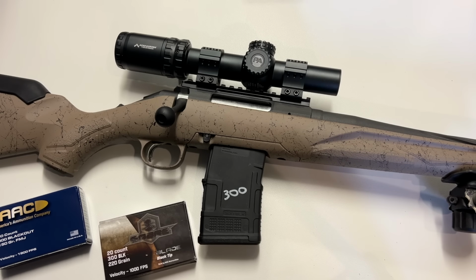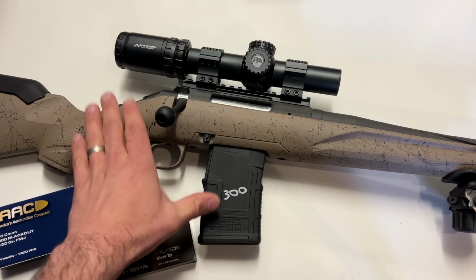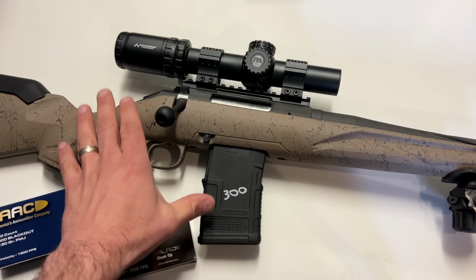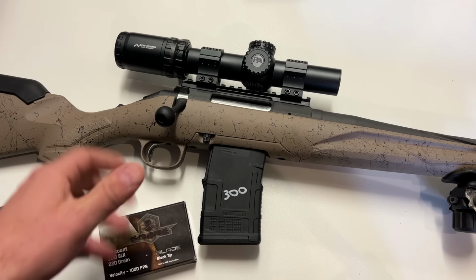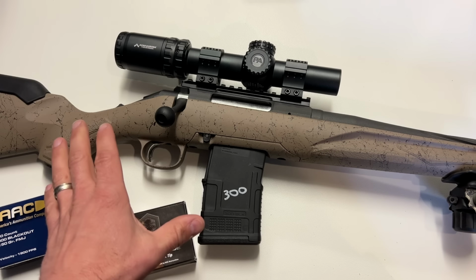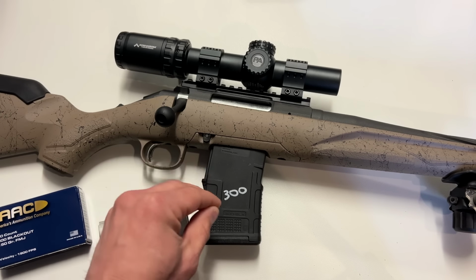Alright guys, I'm back today with a rifle that ever since I saw it released, I knew I had to get one out to the channel and add it to my personal collection for a long-term evaluation. What we are looking at is the Ruger American Rifle Generation 2, and this is the Ranch configuration chambered